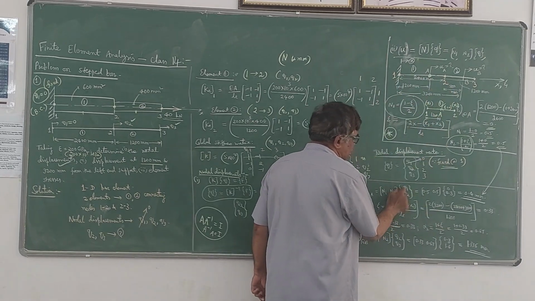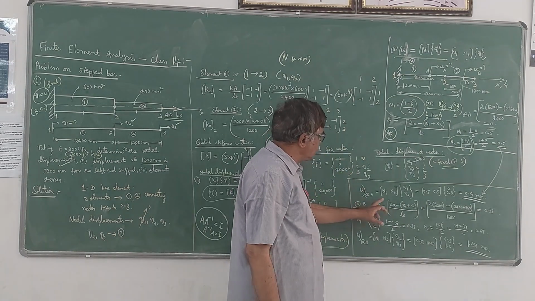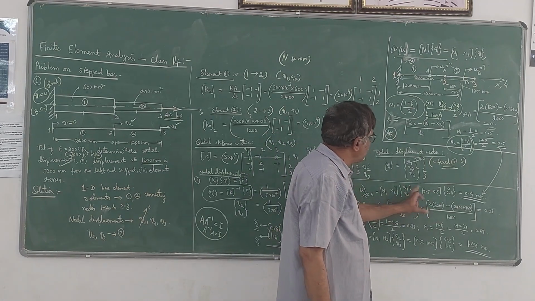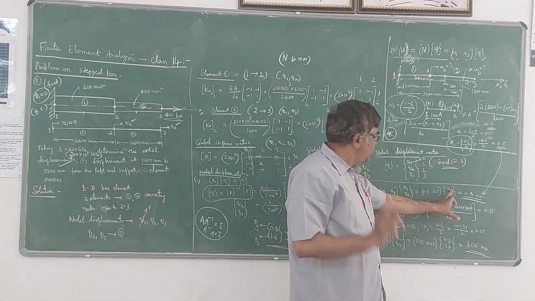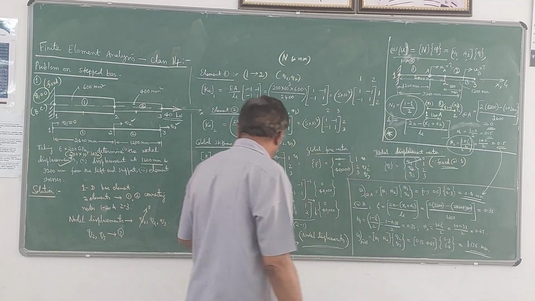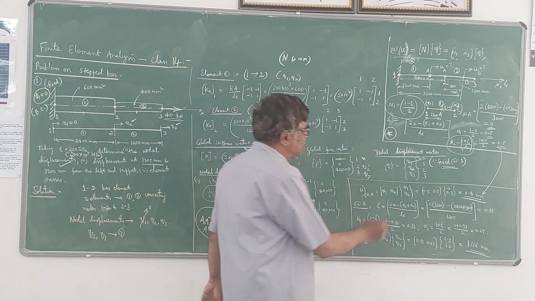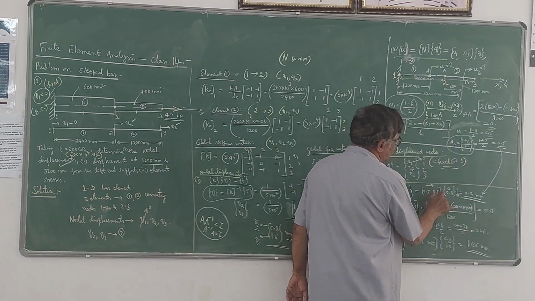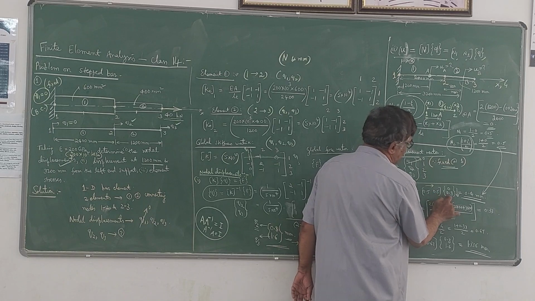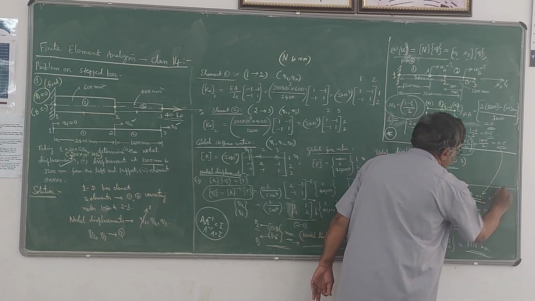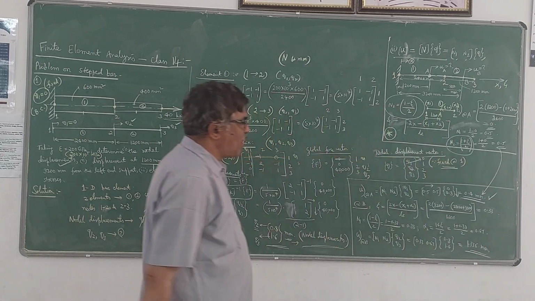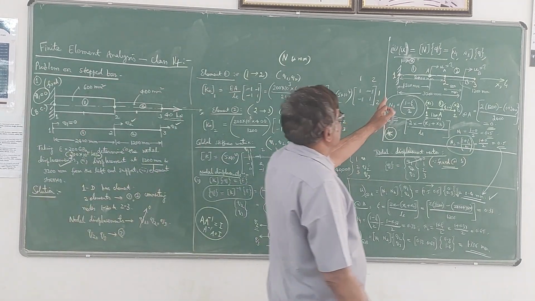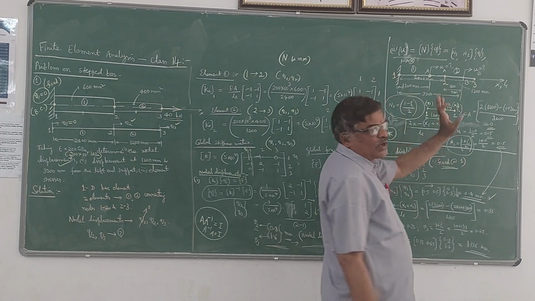So those two I have to write here. Now substitute the values. n1 is 0.5, n2 is 0.5, q1 is 0 by the boundary condition, q2 is 0.8. Now multiply these two matrices. The 0.5 into 0 plus 0.5 into 0.8 becomes 0.4. So 0.4 mm is the displacement at the point A, that is at a distance of 1200 mm from the